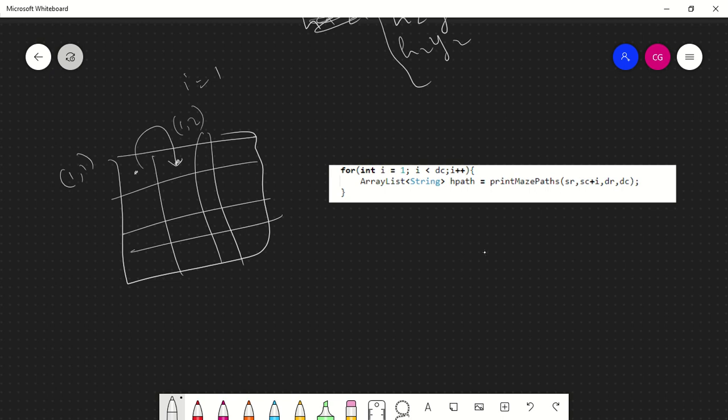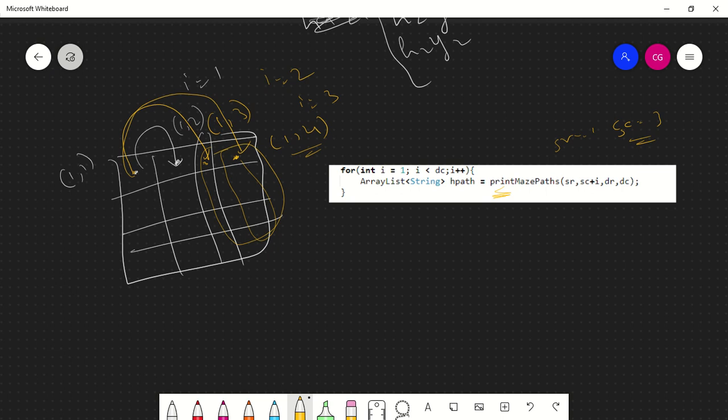Similarly, for i equals 2, you again call from 1 comma 1 to 1 comma 3. SR is 1 and SC is 3. Similarly, for i equals 3, we call for 1 comma 4. We call a recursive function from 1 comma 4, and from 1 comma 3, to find out all the solutions.